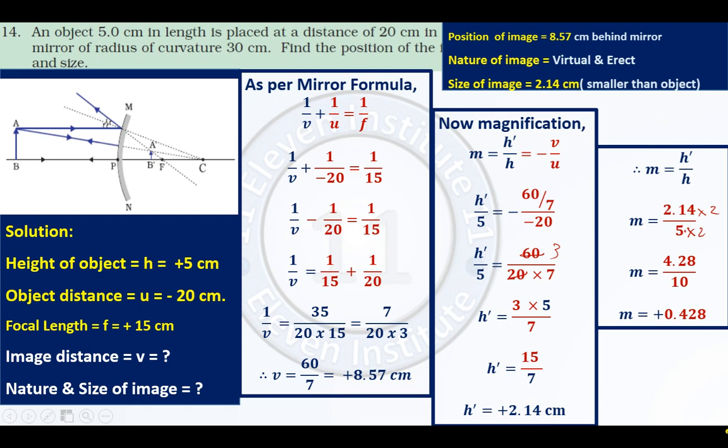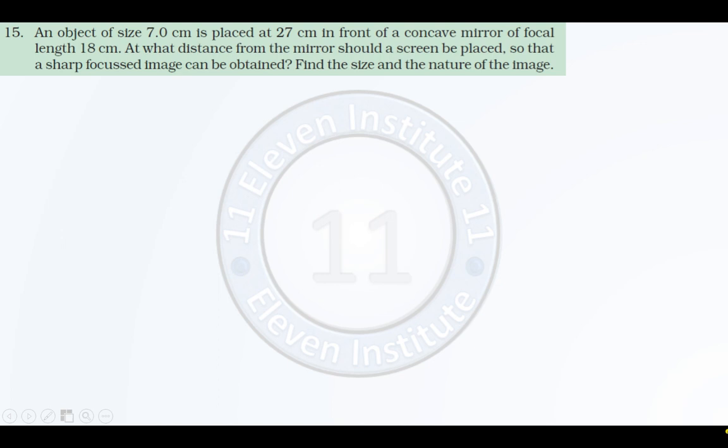Alright, I hope this is clear to you. Let us now move ahead to the next sum. Number 15, an object of size 7 centimeters. So we will write over here h is equal to plus 7 centimeters, placed at a distance of 27 centimeters. So we can write u is equal to minus 27 centimeters, in front of a concave mirror of focal